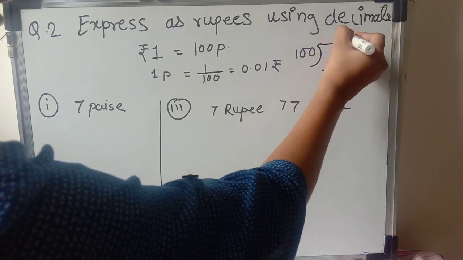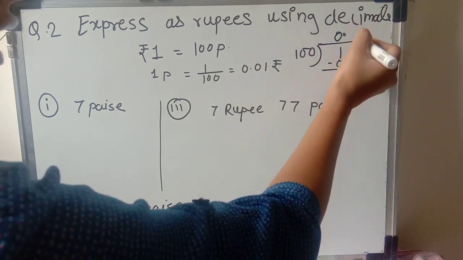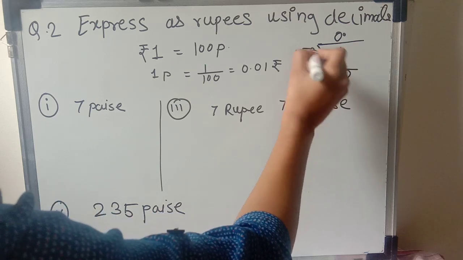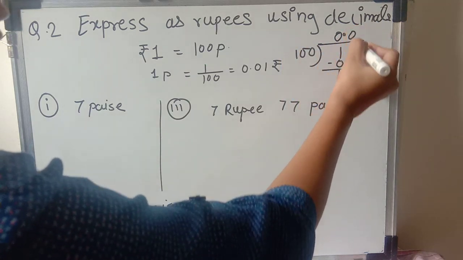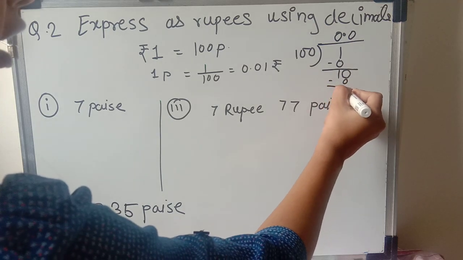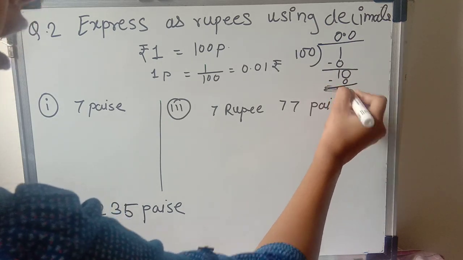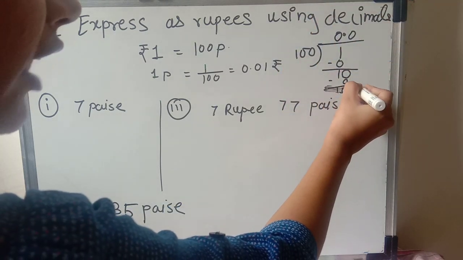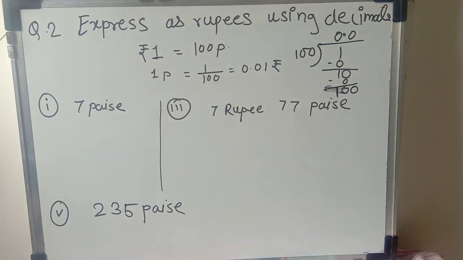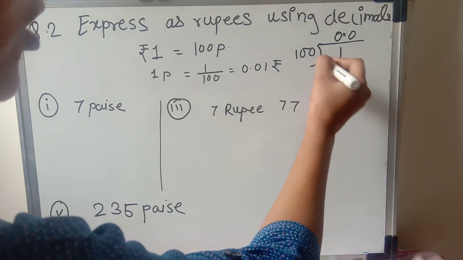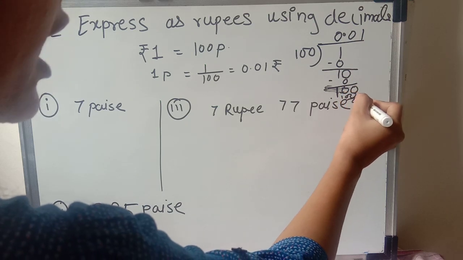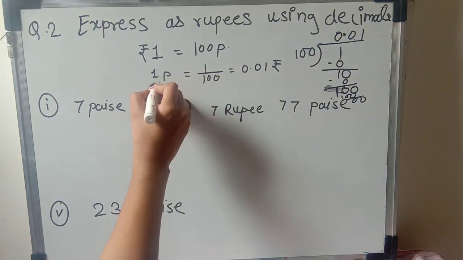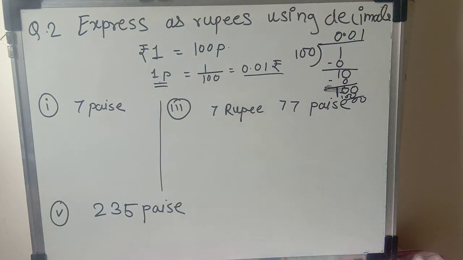Now here I will take the decimal, because after the decimal I can take 0 to divide the number. Here again 10 is there, which is less than 100, so I will divide this 10 also with 0 and write 10. Again I have taken 0 and the decimal, it means I can take as many 0s as needed until I get my remainder 1. Now we get 100, so 100 ones are 100 and we got the answer, that is 0.01. So this is the value of 1 paisa in rupees, that is 0.01.